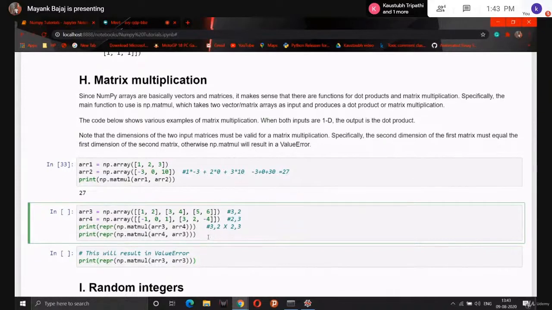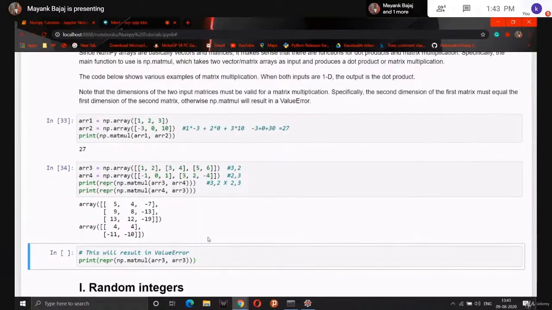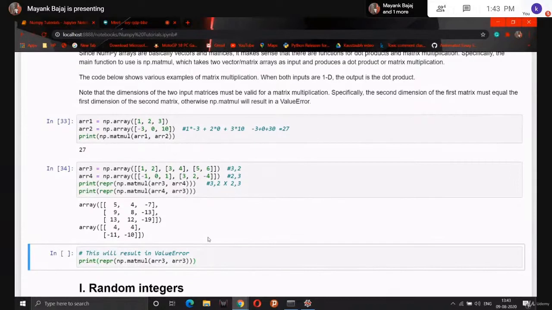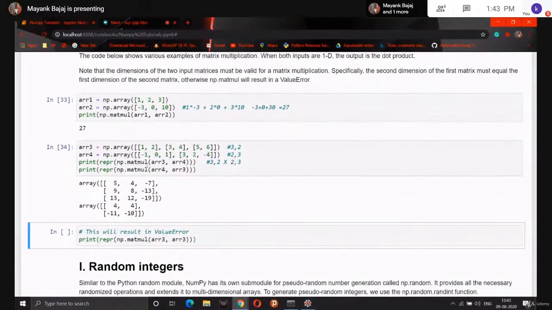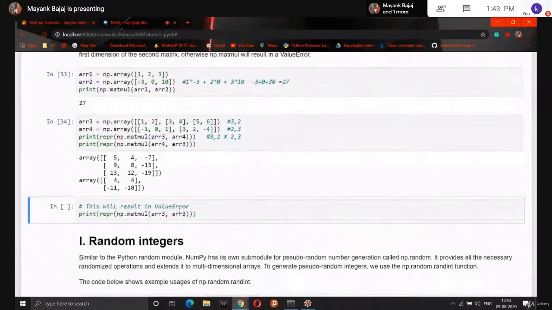So let's run this code. Here we had got our output. If you are not clear with what is matrix multiplication of 2D arrays, it is a mathematical concept. You can search over Google and you will get very good examples. We can't explain matrix multiplication in depth as of now because our main focus is to explain NumPy, not mathematics. So as you can see here, we had got both the outputs. Now let's try another example.